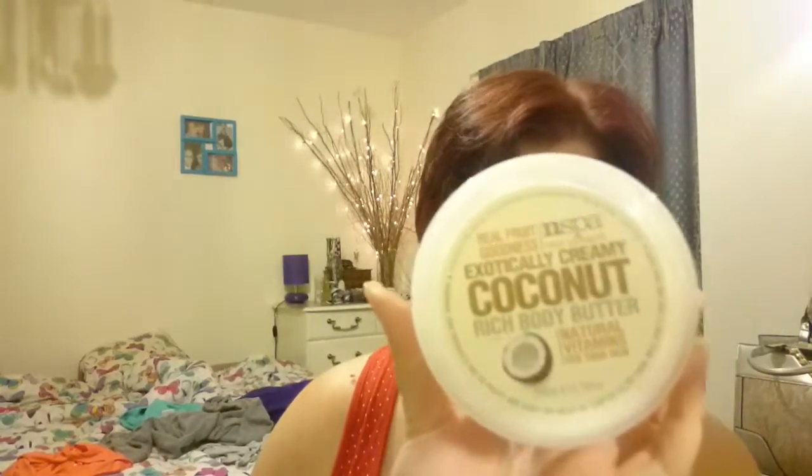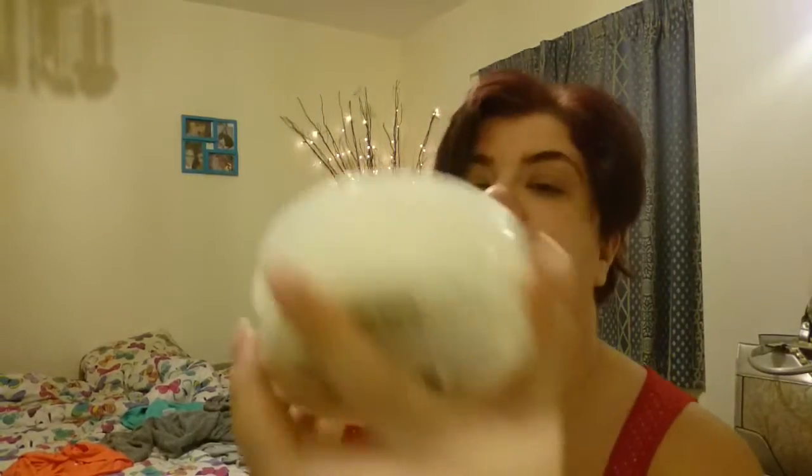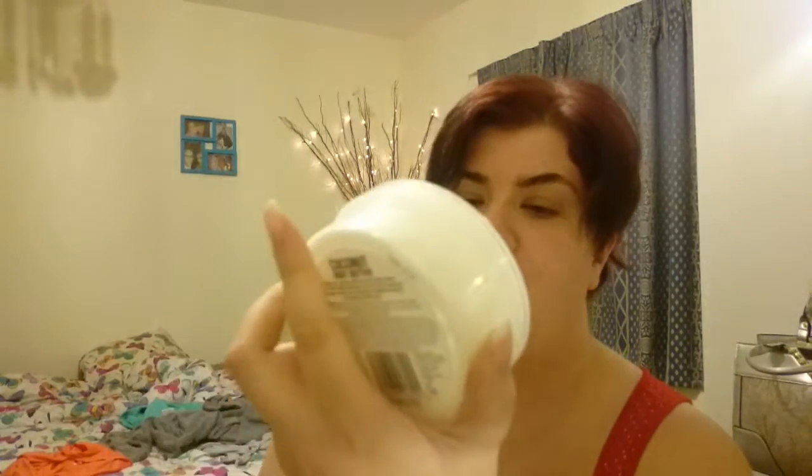Now, if anybody knows if I can still get this anywhere, can you please tell me? Because this body butter is so damn good, and I'm nearly out of it. It's just so good. I used this the other week and I smelled like it for nearly a week. Oh, it's so good. I'm really disappointed that because of the whole microbeading thing, which obviously, again, I am against